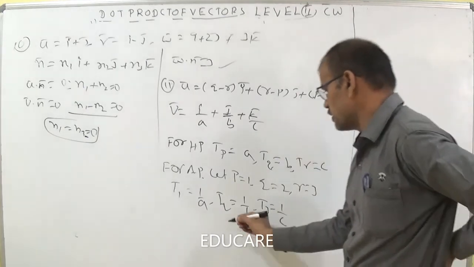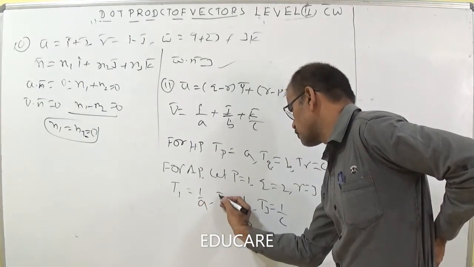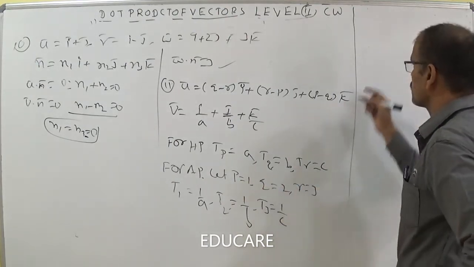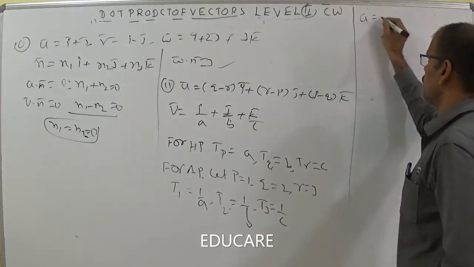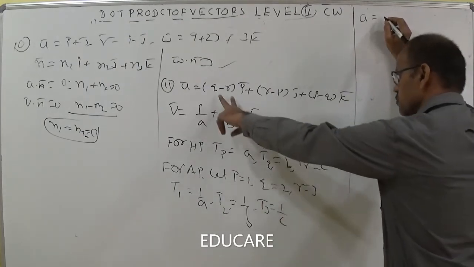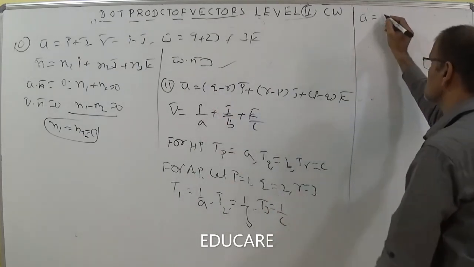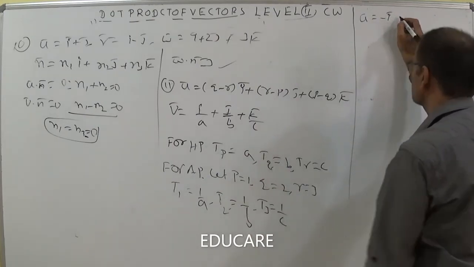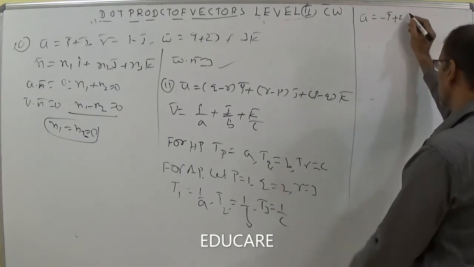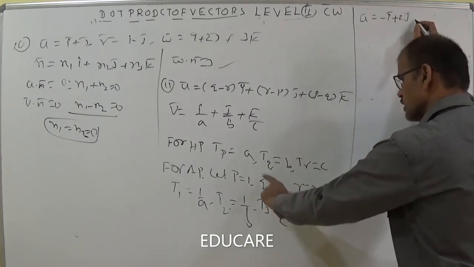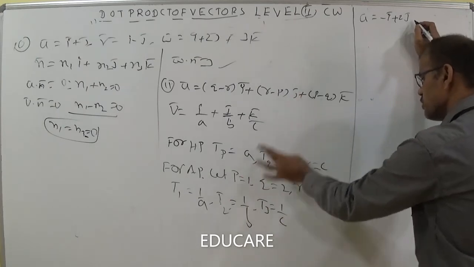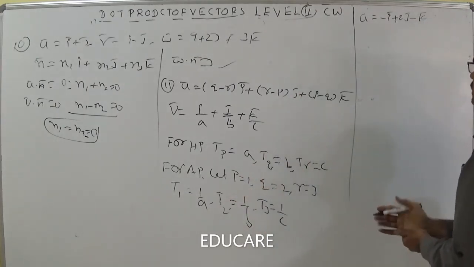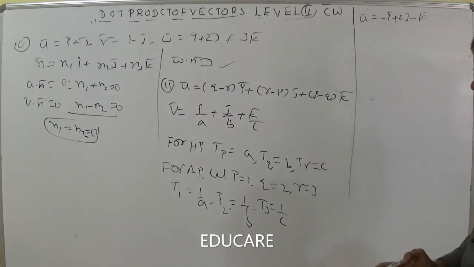Then Q minus R, this is a T2. So Q, what is the value? Q I taken here 2, P I taken here 1, R I taken 3. So U bar you can write. What is the value of Q minus R here? Q means 2, 2 minus 3, it becomes minus I bar. R minus P, 3 minus 1, it becomes 2J. Next, P minus Q, 1 minus 2, minus K. U bar we got minus I plus 2J minus K.